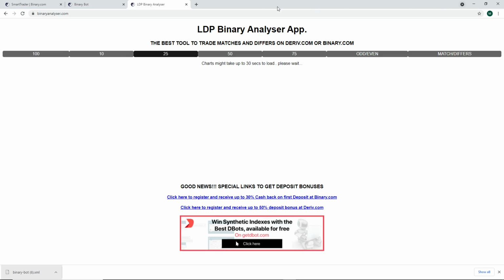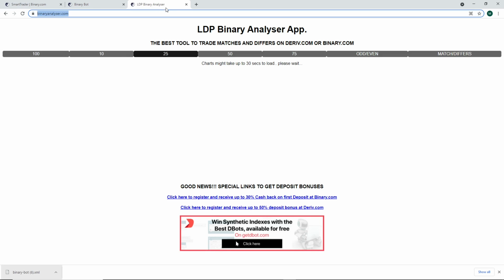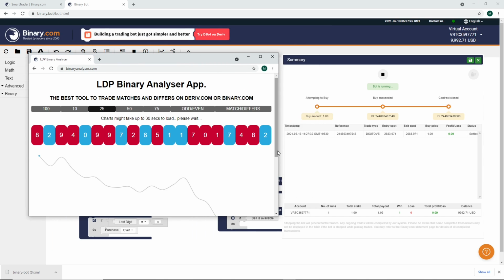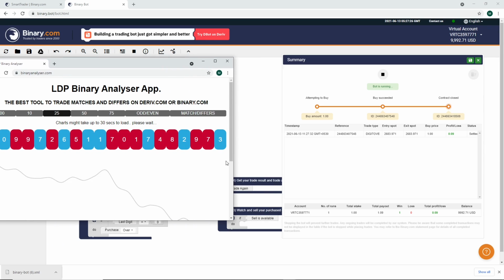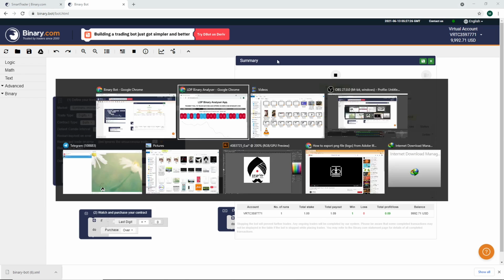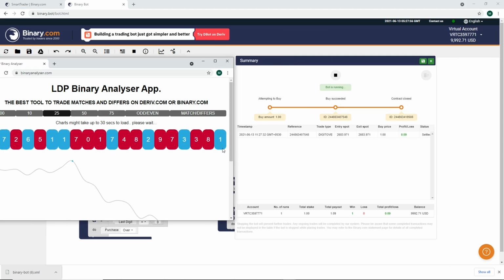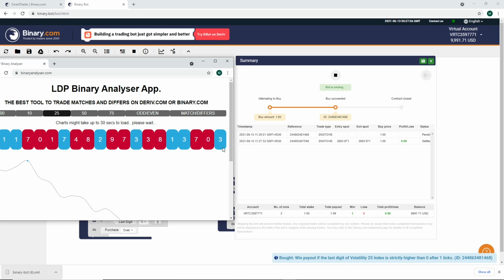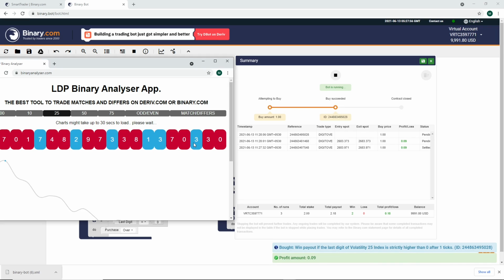Choosing 25 and minimizing this. We will watch: when 0 is present, the bot will purchase that contract. Waiting for 0. Okay, the last digit is 0, the bot purchased that contract, and the next digit is 3, so the contract won.